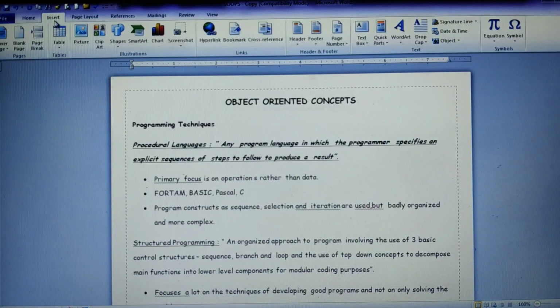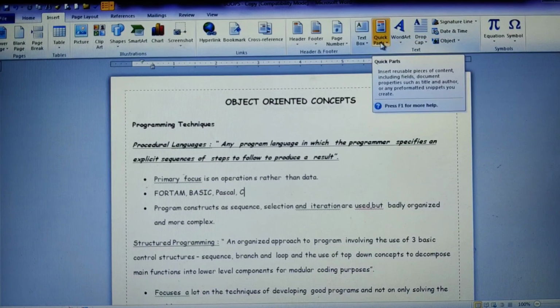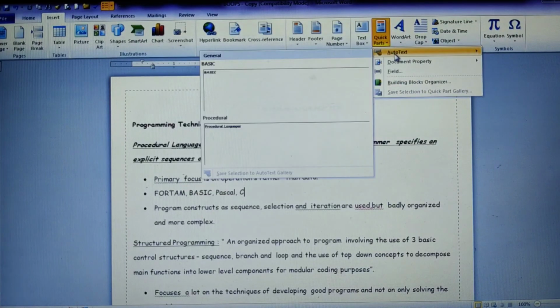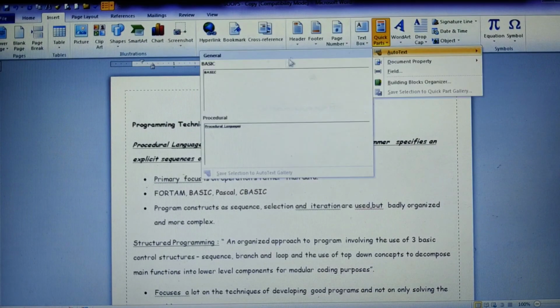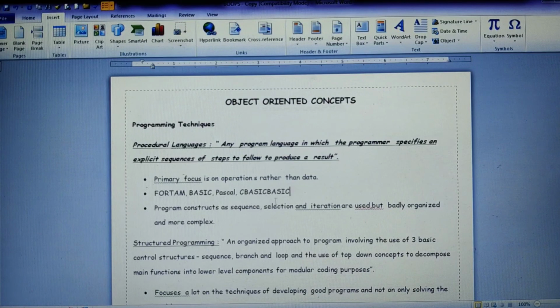For the Easy Text, I'll just copy this one text. I need this particular text frequently. Alright, so apart from this Easy Text I have already created here, instead of Easy Text we have Quick Parts actually. In that you have AutoText. See, I have already created an Easy Text, and just create this one. Anytime I want it, any number of times, it will place it. Now how to add this Easy Text?